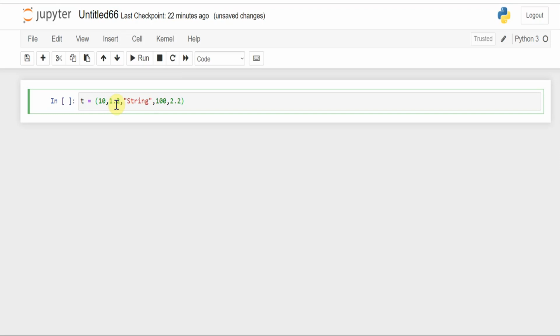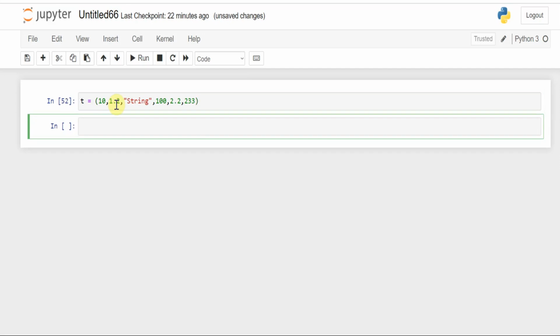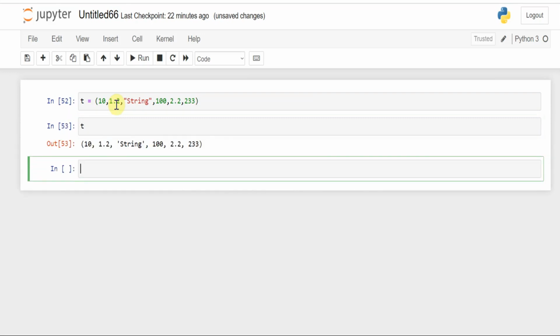It will be my choice to take any values. After that, I am running it. As you know, Shift plus Enter is the easiest way to run. Now I'm calling the variable and seeing what value it has stored. As you can see, it has stored exactly what I wanted.